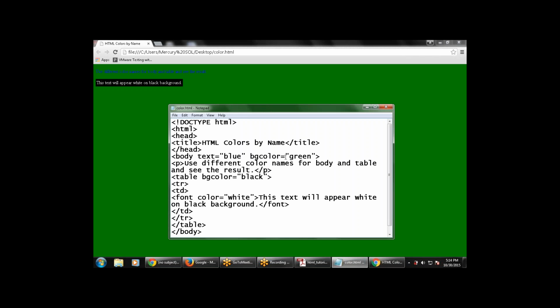First of all, there is a BG color that is in the green color. So this is the background that is available in the green color. Then the text that is available is in the blue color. Then the table will be formed that has a black background. And the content color, that is the font color, is white. So this text will appear white on the black background. So this is the output of this